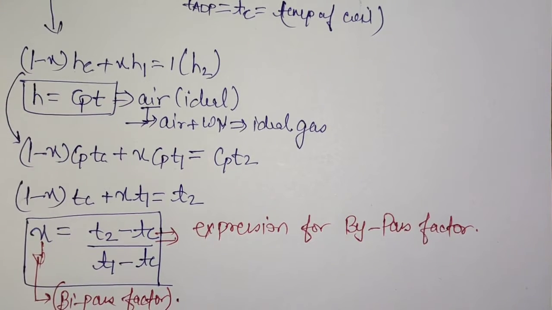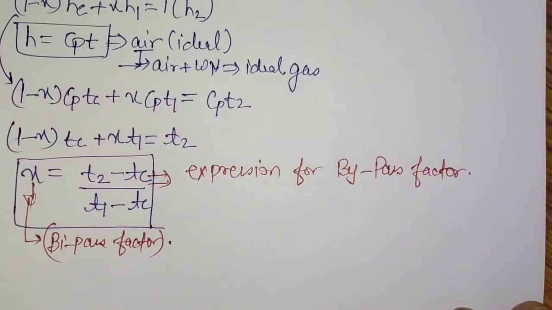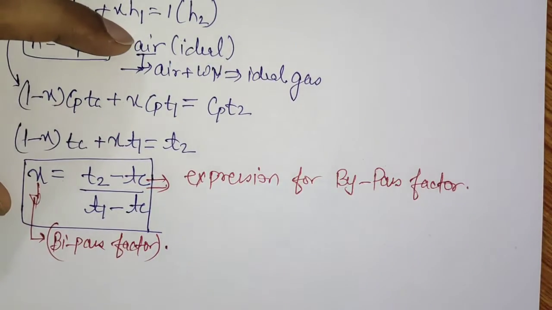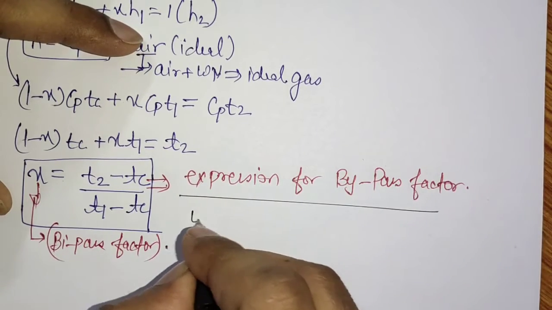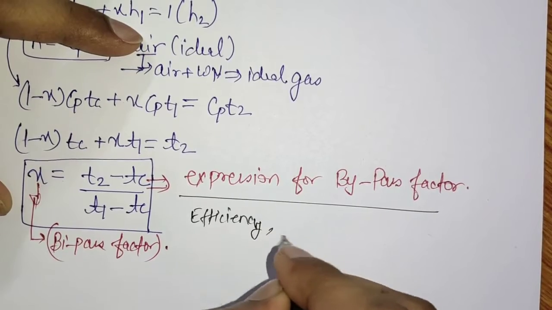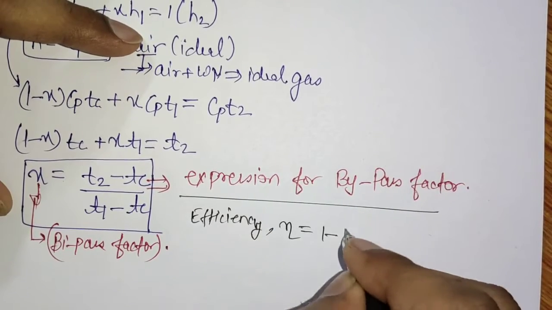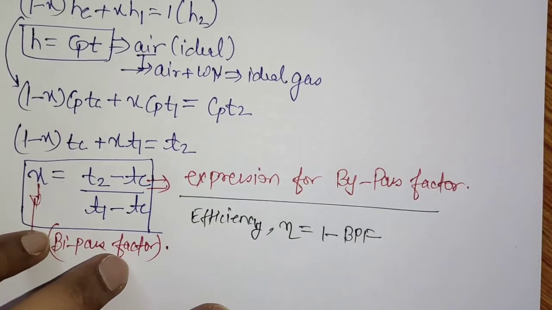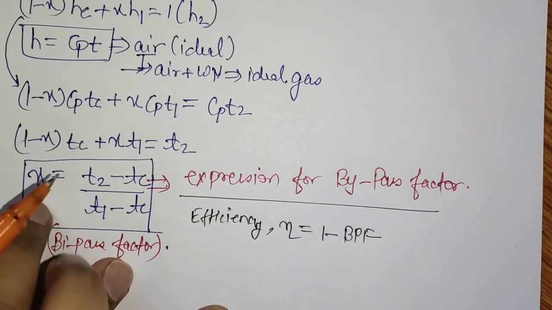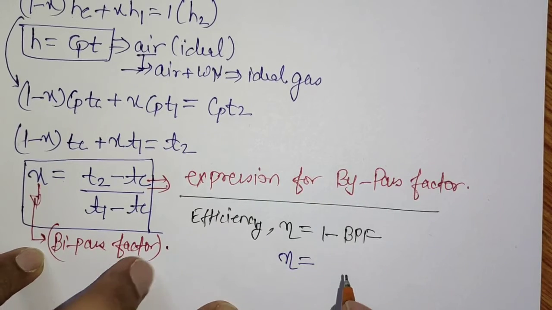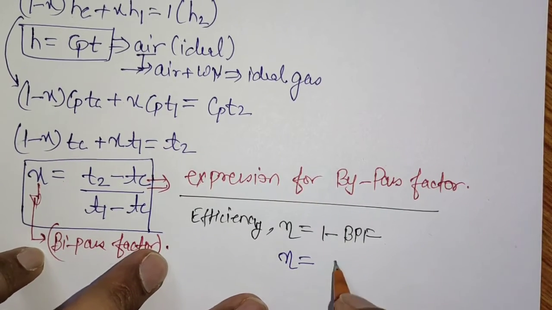Now if we want to calculate the efficiency of a cooling coil, then the efficiency of the cooling coil is considered as 1 minus bypass factor. Putting the value of bypass factor, that is x, we will get the efficiency as T1 minus T2